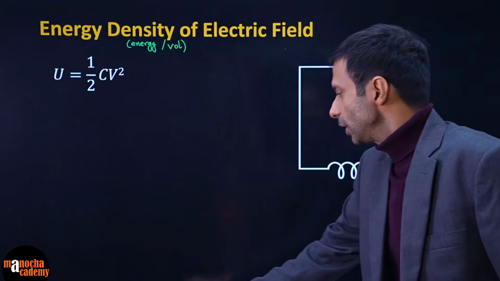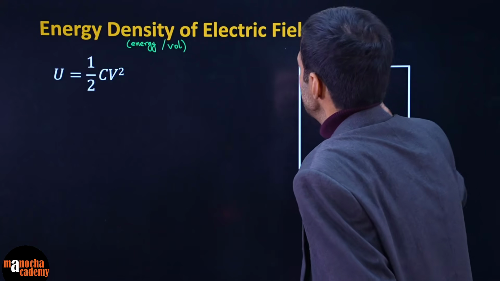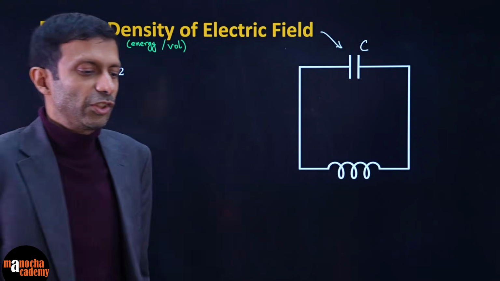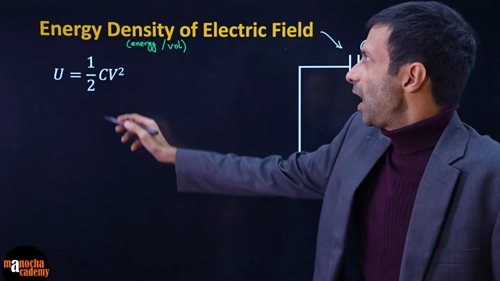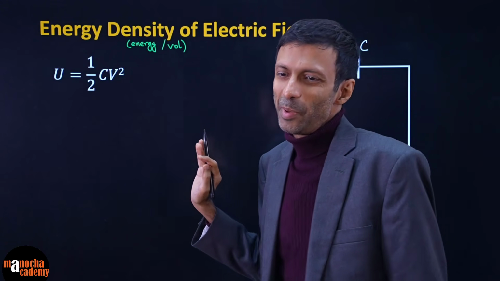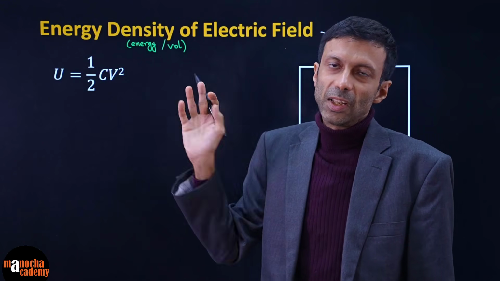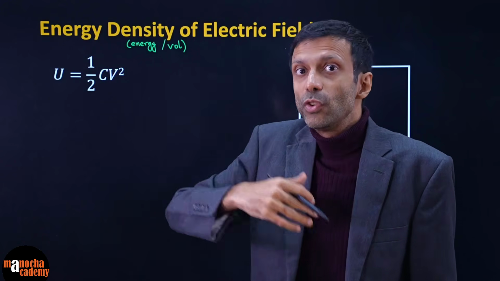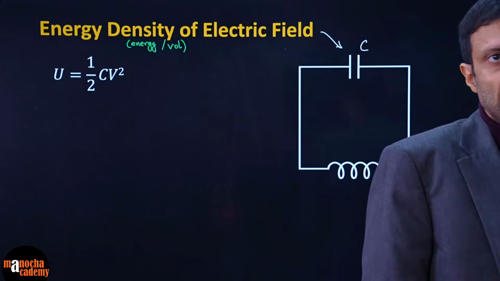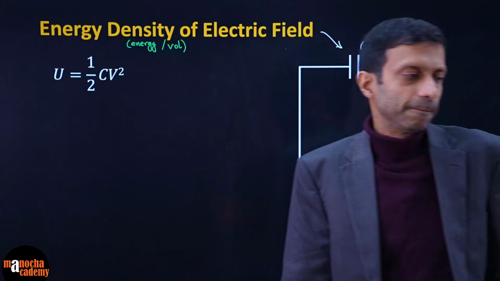That I told you is associated with our capacitor friend. So we'll focus on the C, this guy. And energy of the capacitor, all of you remember? What is the energy of a charged capacitor? Half CV square. Yes or no? Tell me, you guys remember that? Make me happy. So energy of the capacitor is half CV square. The electrostatic energy is stored there, which it's now going to transmit as electromagnetic energy, as the electromagnetic waves. So please write down this formula and let's work out the energy density.